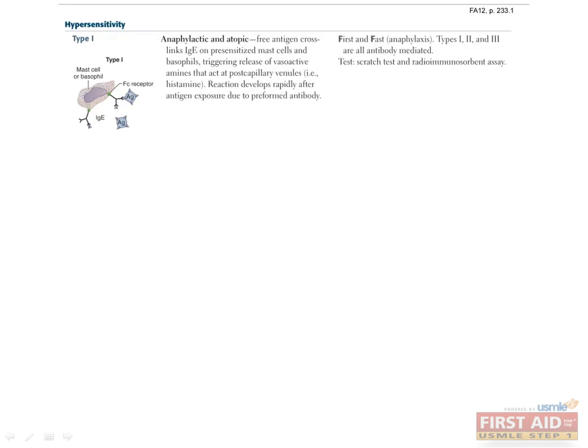Type 1 hypersensitivity reactions occur when free antigen cross-links IgE on pre-sensitized mast cells and basophils. This cross-linking triggers release of histamine, bradykinin, and other vasoactive amines. Atopy and anaphylaxis are classic examples of type 1 hypersensitivity reactions. If you picture an anaphylactic reaction to peanuts or bee stings, for example, this should reinforce how rapidly this type of hypersensitivity can develop. Atopic reactions, such as rhinitis, hay fever, asthma, and eczema, are all examples of type 1